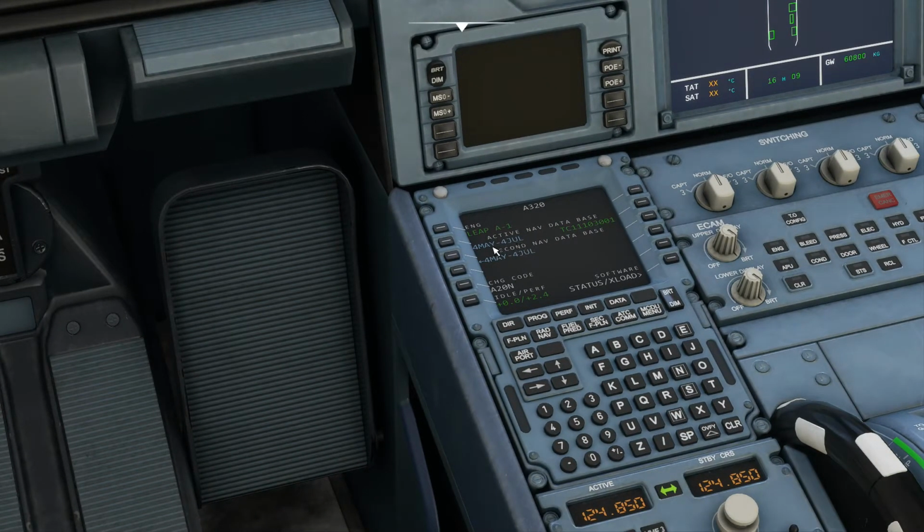Okay, so if we go down to the FMC, you'll see it gives you your active data here, so you know what you're working with. And then if you go into the flight plan, you can now see all of the plan has been inputted directly. The only bit that isn't in there is your destination arrival, because that will depend on which runway you're going to use. So what you do is go through here and choose which one you're going to use, let's say ILS right,